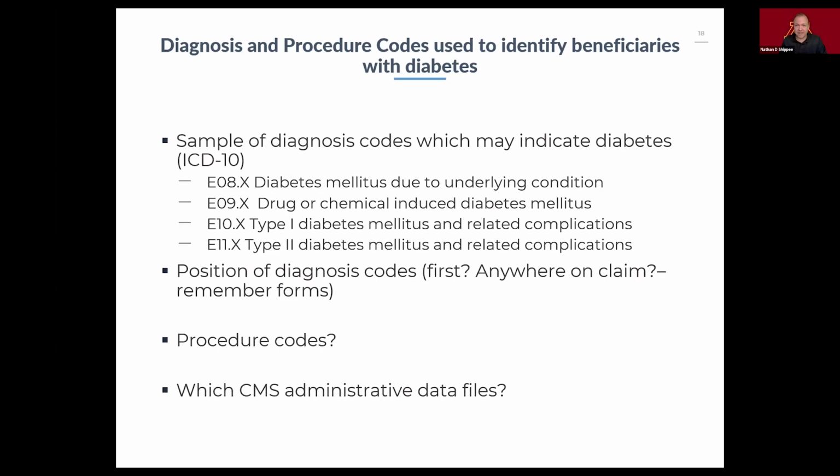Are we okay with going through, say, 25 positions on a claim form, and if the condition code shows up in any of those places, are we okay with that? With the diagnosis code showing up anywhere? Do we include any procedure codes? In other words, are we worried that the diagnosis codes might not be there sometimes and the condition is represented by a procedure code instead?